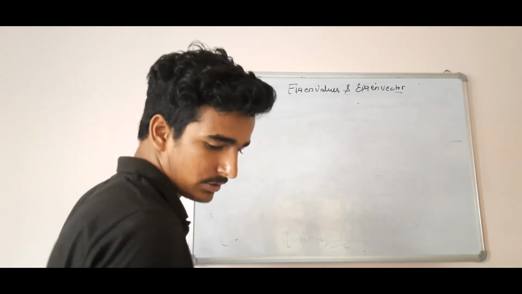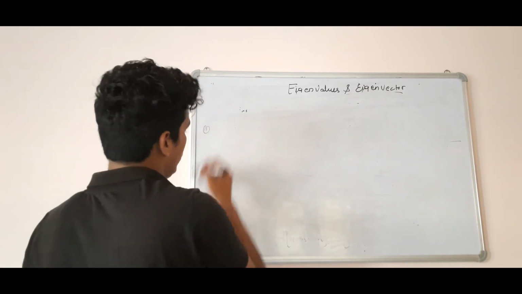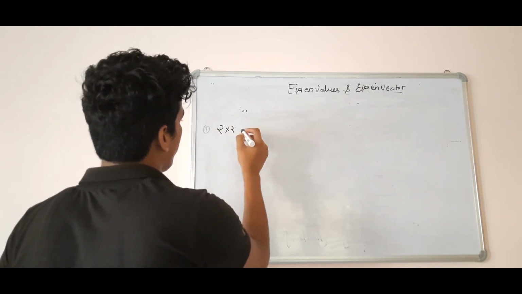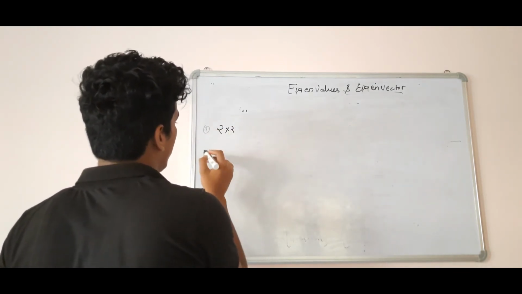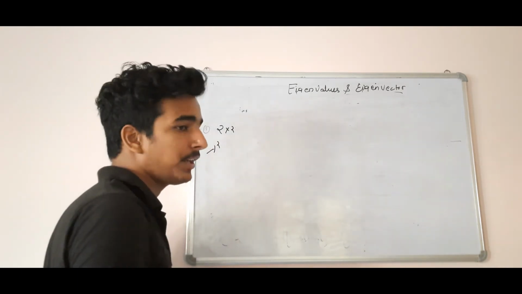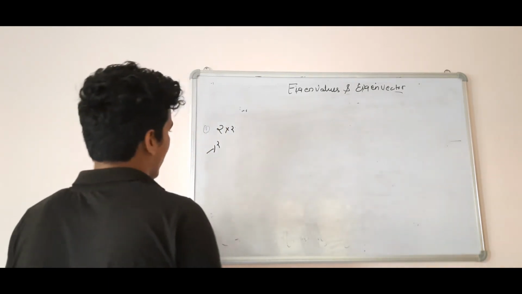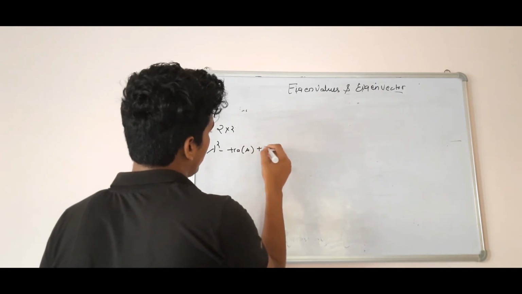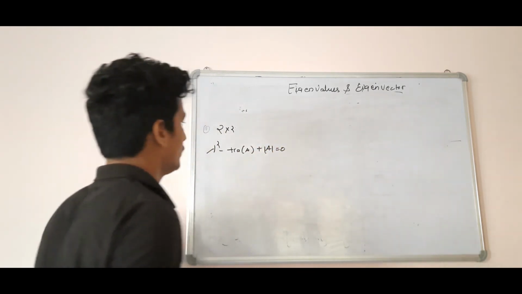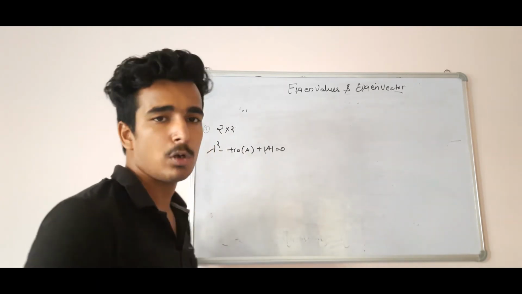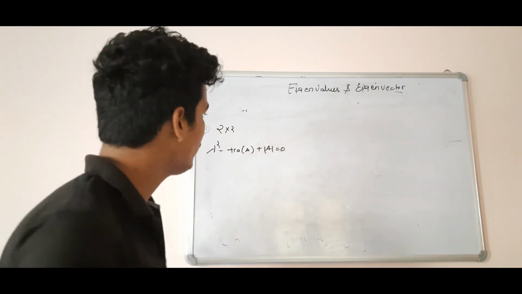Two simple tricks, first for 2x2. If the order of the matrix is 2x2, then what is the simple trick? It is a quadratic, there are 2 solutions: lambda square minus trace of A times lambda plus determinant of A equal to 0. This is the polynomial equation for 2x2. After solving this polynomial equation, you will get the values of the eigenvalues.